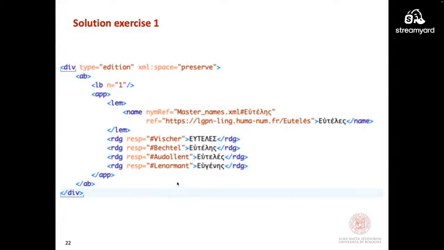Okay, and there is also the solution, but look at it later, please.